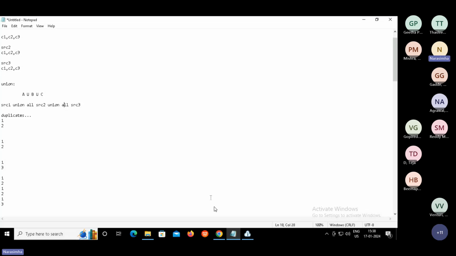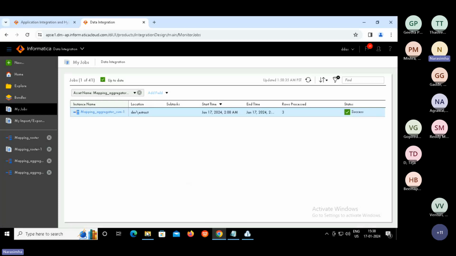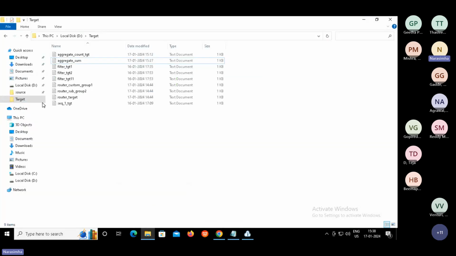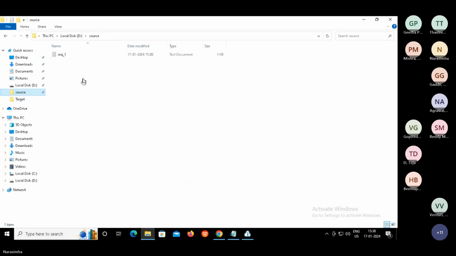Perfect. Now let us try doing it practically. The first thing, we need to have two source systems. So go to source and copy and paste this file. Copy paste, then change the name from SEQ1 to SEQ2. We will not touch the data at all.